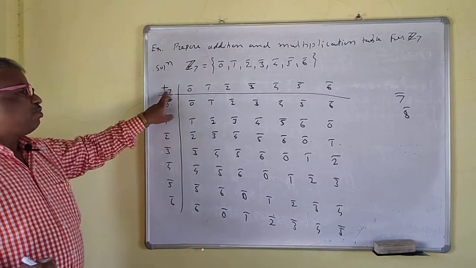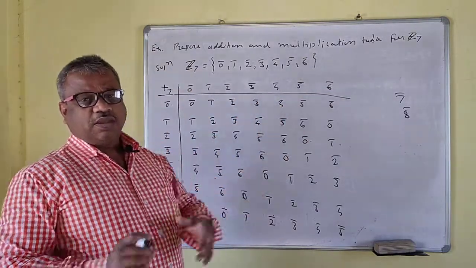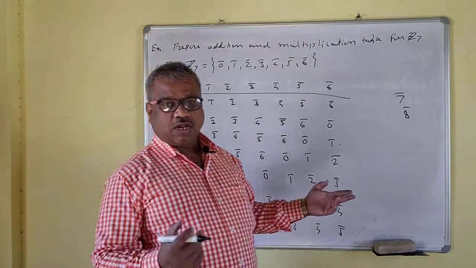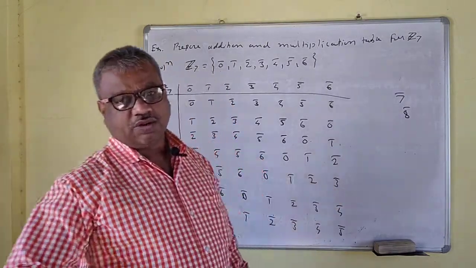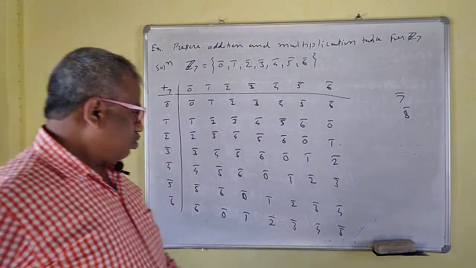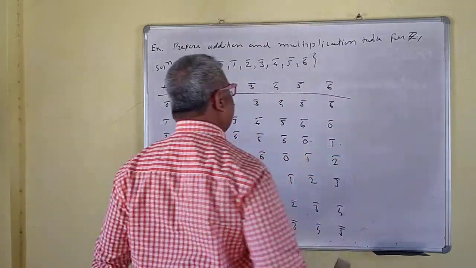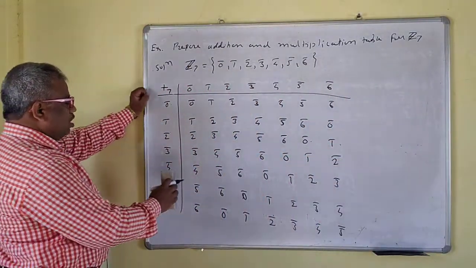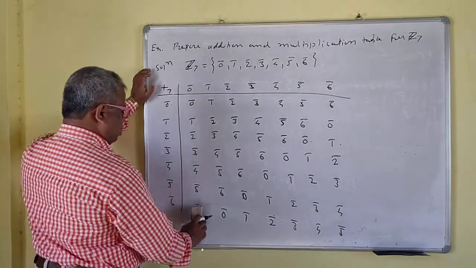Okay. So if there is modulo 8, then this will be 7 bar. Just do it the same way. But if the number is 8 or beyond 8, then divide by 8 and take its remainder. Okay. So you have to divide by 8 here. Okay. So now we'll see how to do the multiplication. In the same way we can do the multiplication.